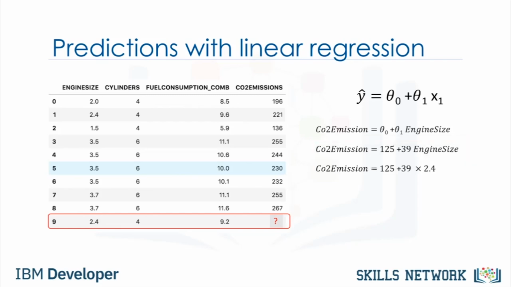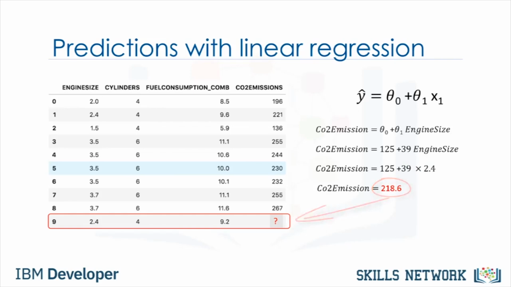Now, let's plug in the 9th row of our data set and calculate the CO2 emission for a car with an engine size of 2.4. So, CO2 emission equals 125 plus 39 times 2.4. Therefore, we can predict that the CO2 emission for this specific car would be